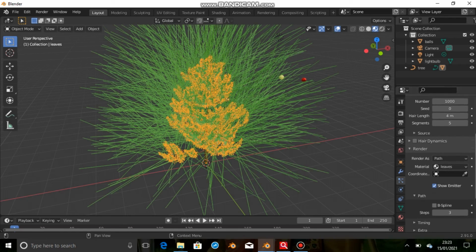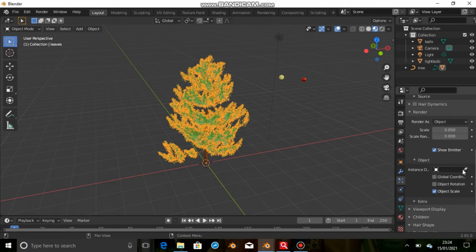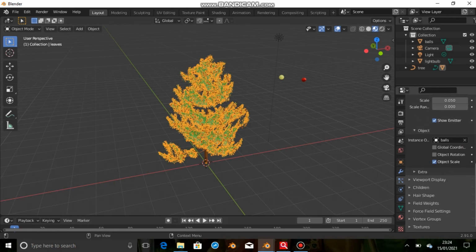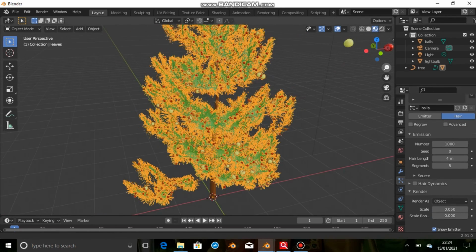Okay, again we have to control our balls so that they may not get mismatched. So for that purpose you have to scale it.